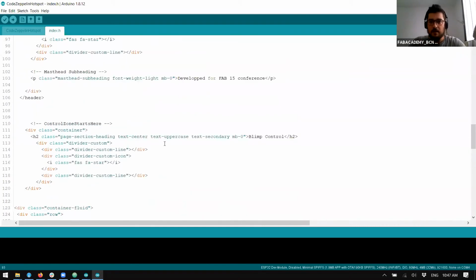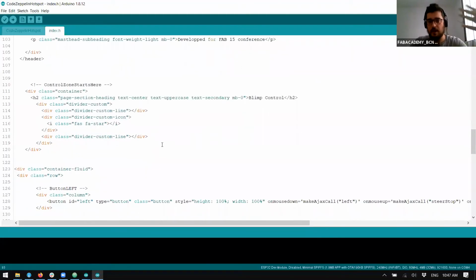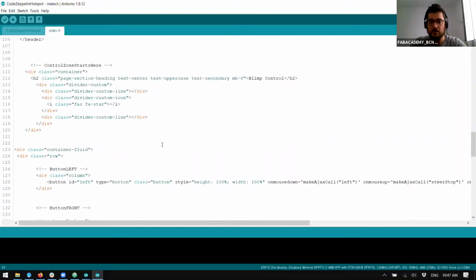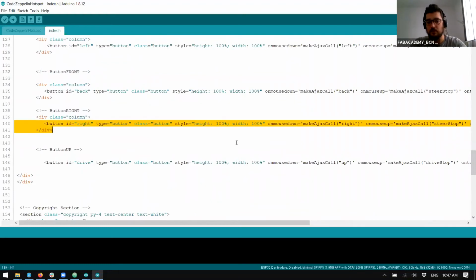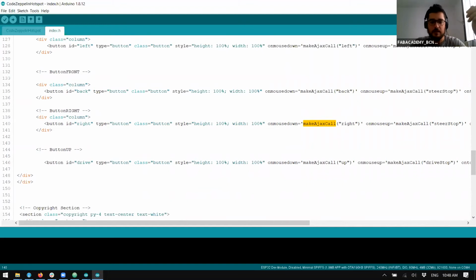That's why you always want to have the ESP not as a hotspot itself, but as a server, a station mode server. So it's connected through a local network that is connected through the internet, so we can call up things. And this is just the responsiveness on how to call for actions. In this case, we were using Ajax. And the Ajax call response is basically,